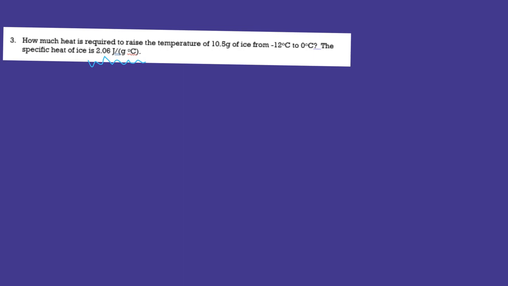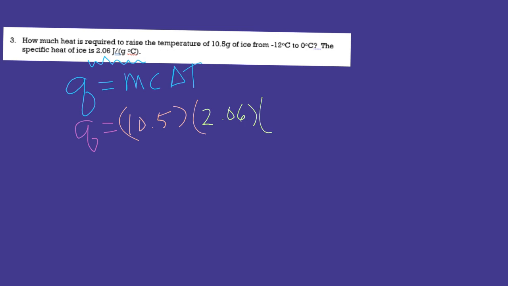All right, so we will solve this one, and we're trying to solve for Q in this case because we're asking how much heat. Q equals mCΔT. And so Q equals mass is 10.5. Specific heat is 2.06. And the final is 0 minus a negative 12, so that would be plus 12. So the reason why that changes to plus is because that's a negative sign. And again, we're going to go back and make sure that our sign in the end is correct because that's very important. Okay? And so when we multiply these all together, it's equal to